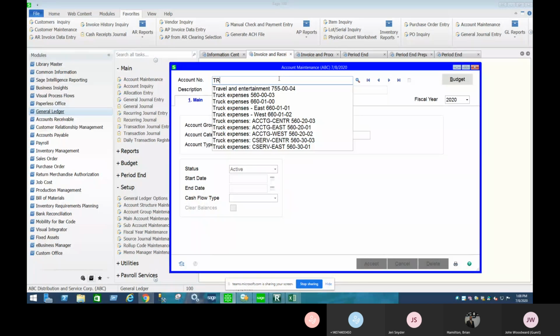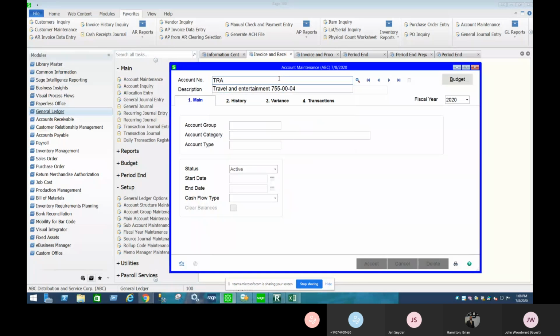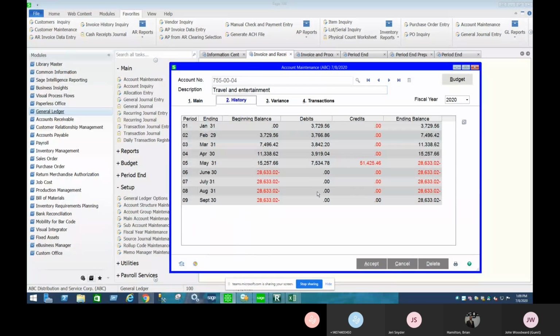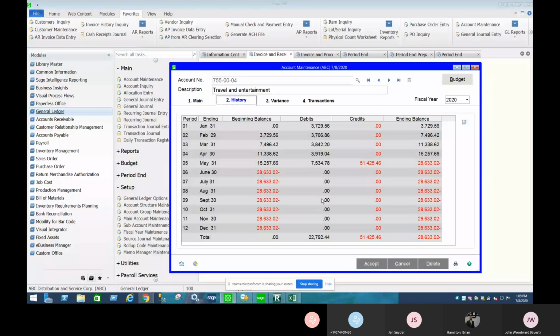So the description and then the account number. The more specific you get, the narrower that selection becomes. So I'm going to go ahead and select this one. On the main tab, I have my account group, category, type, status, start and end date, cash flow type if applicable. History gives me the ability to see my